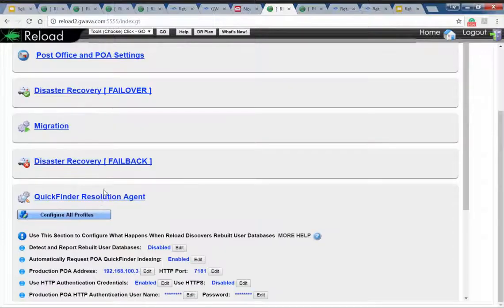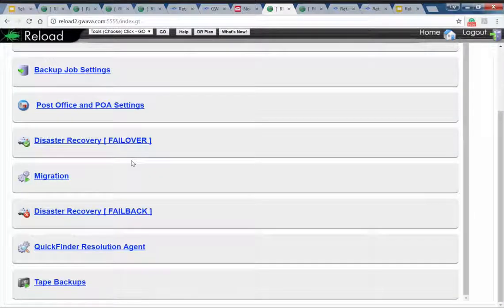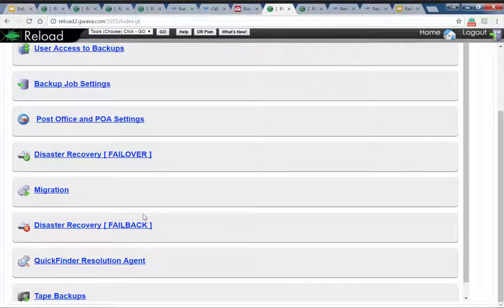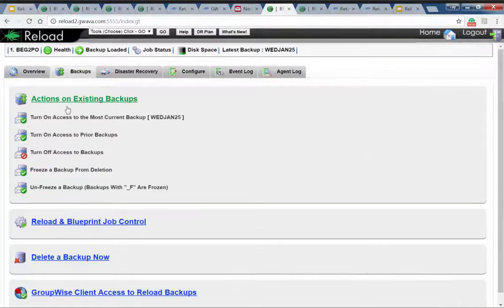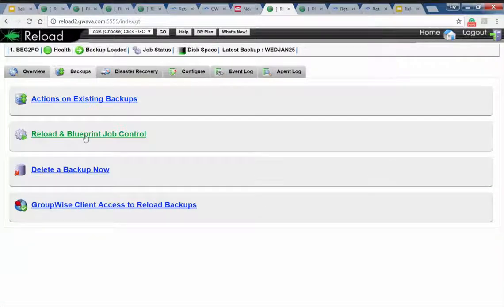So again, nothing really to do with backups, but it's like, well, gee, while we're here, we can discover this condition and resolve it for you. Okay, so some other notable features here is,